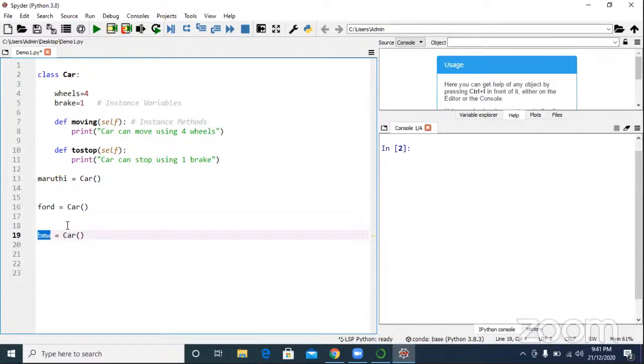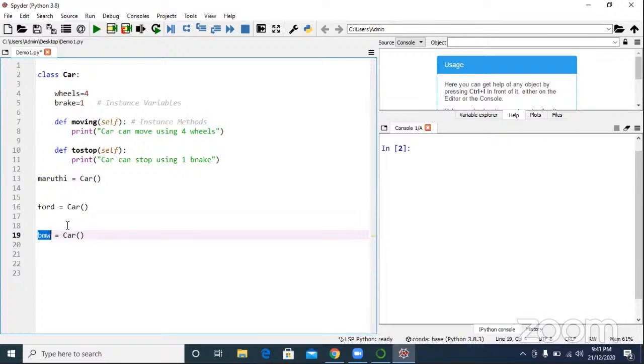Someone designed, that's why millions, billions of cars are there in the world. That means indirectly I can say millions of objects of a car are available in the market, on the roads.